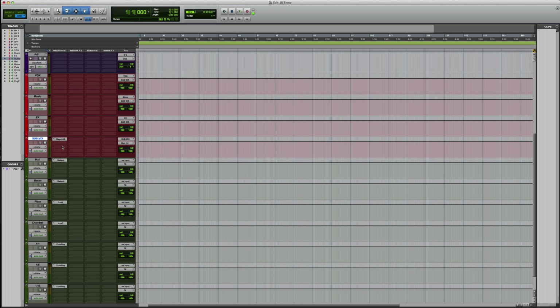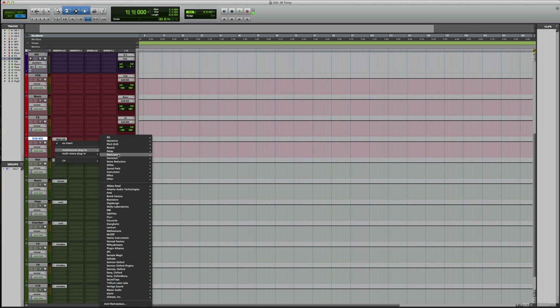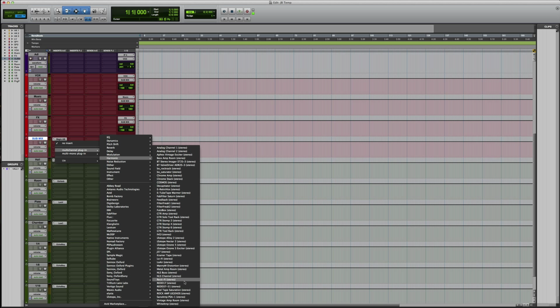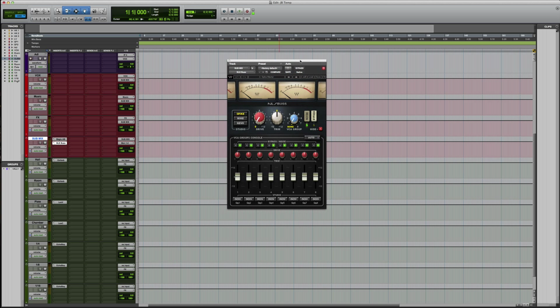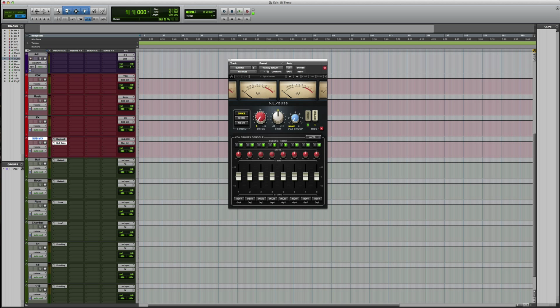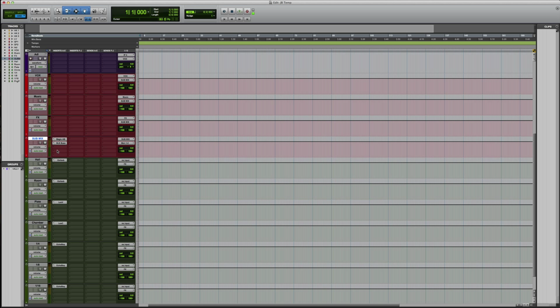All right. And from there, I would go to summing and a summing bus. I like to use this just to give it that console emulation harmonic sound. I can give it a little drive and everything. This is the NLS bus, and it's a summing bus, and it's by Waves. And from there,